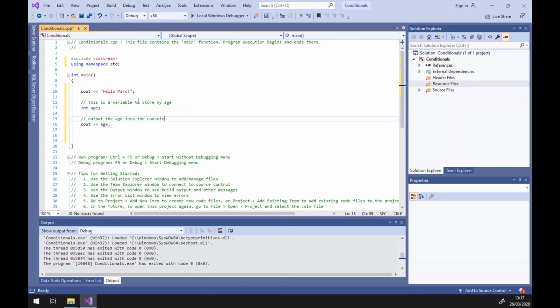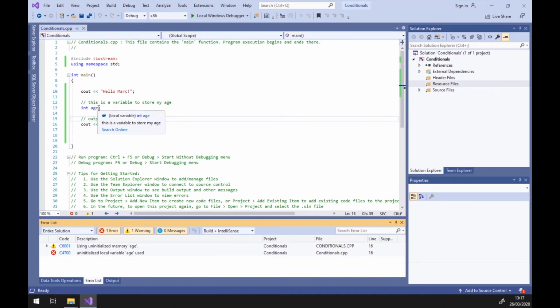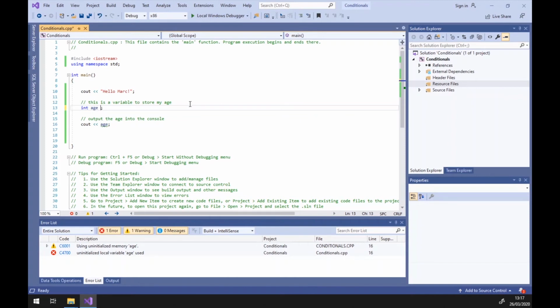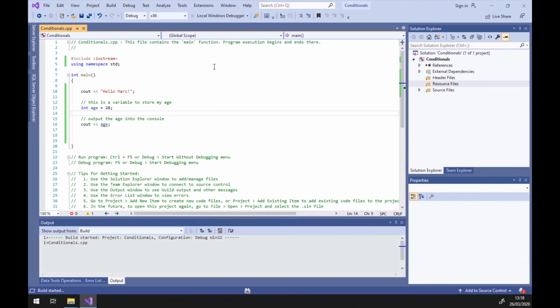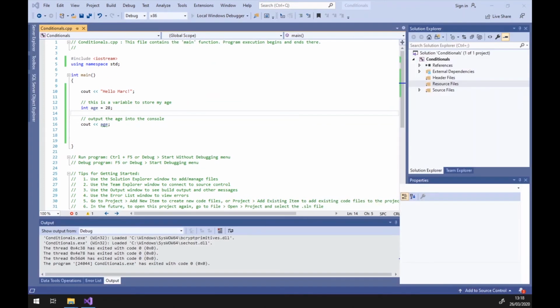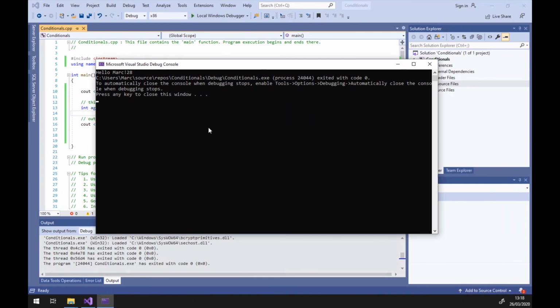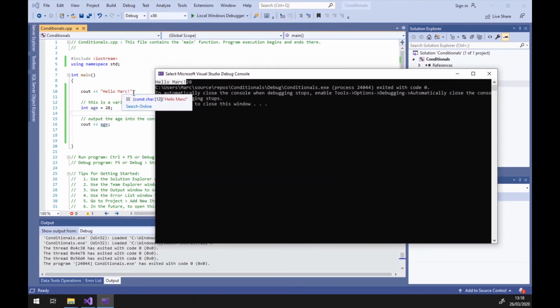into the console. So whilst I've created the variable, I've not initialized it, I've not given it any data. So in order to do that, I've now added on equals 28, and that's set my age as 28. Now I've still got a green squiggly line under here, but if I do now run this code, I should get some output on the screen. So as you can see here, it says hello mark 28. So this is my cout command on the top line here, and then this is 28, which is ran through